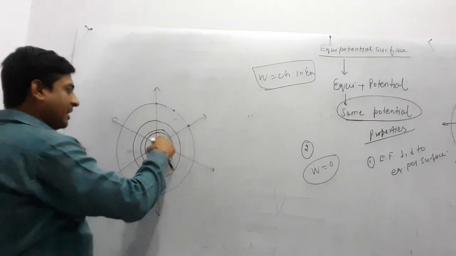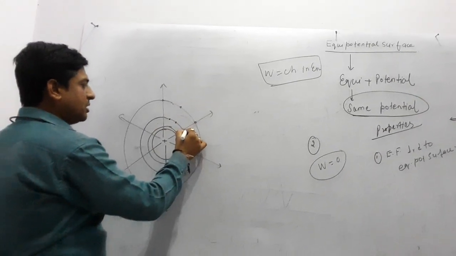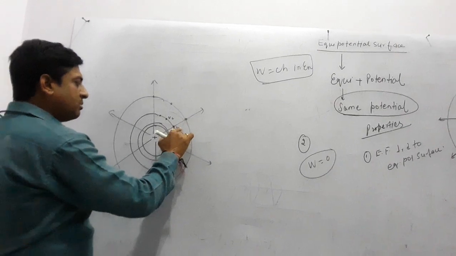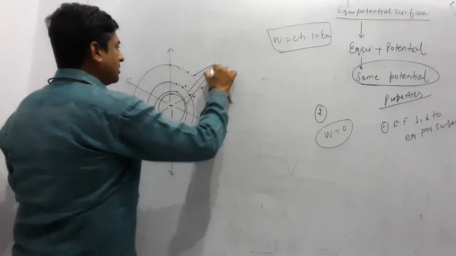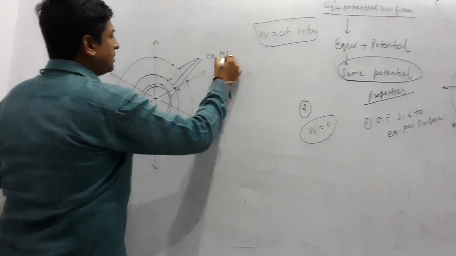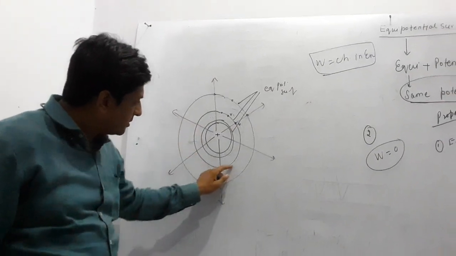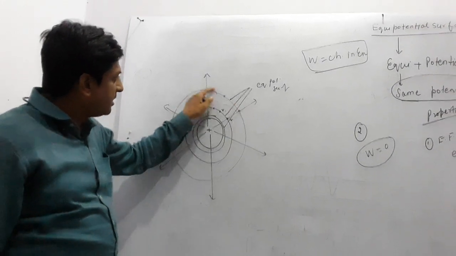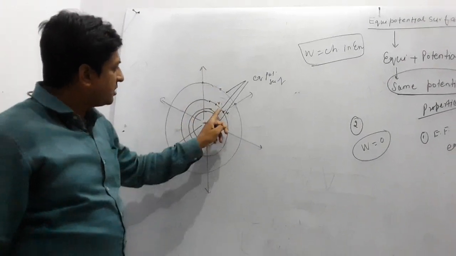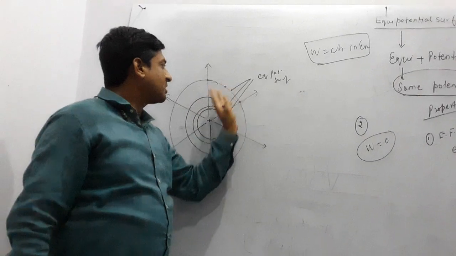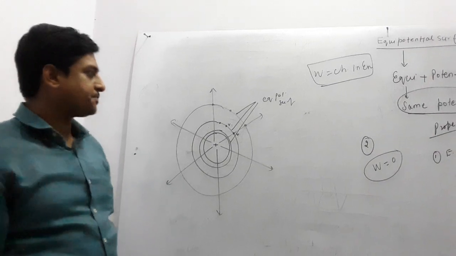potentials will be the same. Like over this surface, either the point is this or the point is this, potential is the same. If here the potential is V1 and here the potential is V2, it will not be V1 and V2; both will be V. Remember that. This or this or this, all these are equipotential surfaces. Don't misunderstand: the potential of this surface is different from the potential of this surface. This surface carries the same potential for this point, this point, this point. In the same way, this surface carries the same potential for this point, this point, this point. Both surfaces' potentials are not the same. On the surface itself, every point will have the same potential.